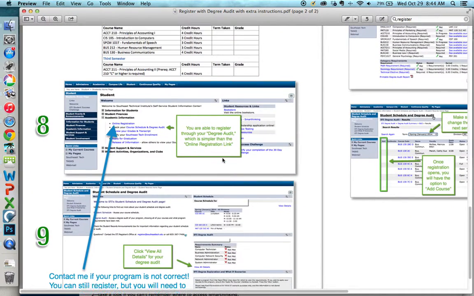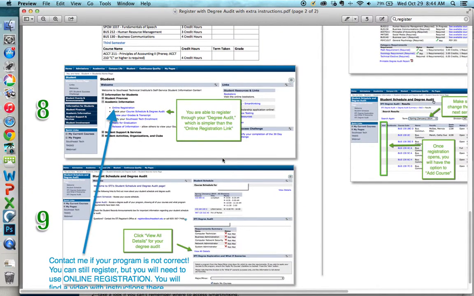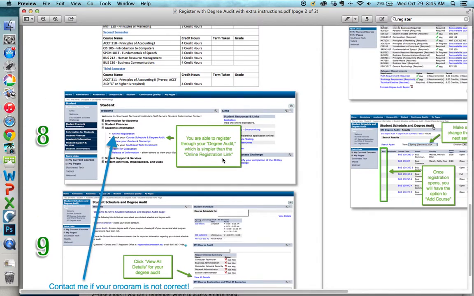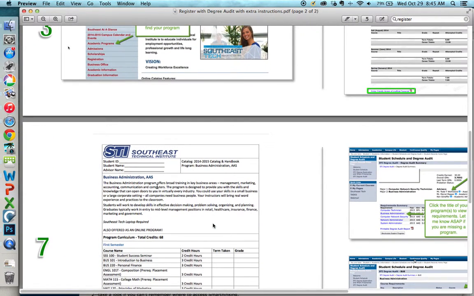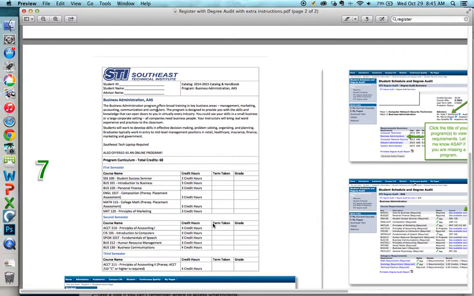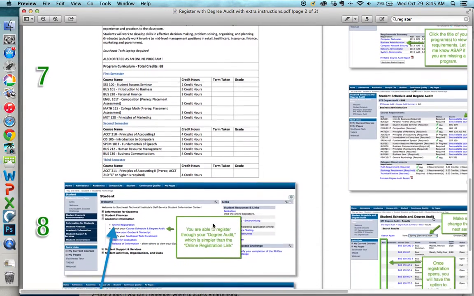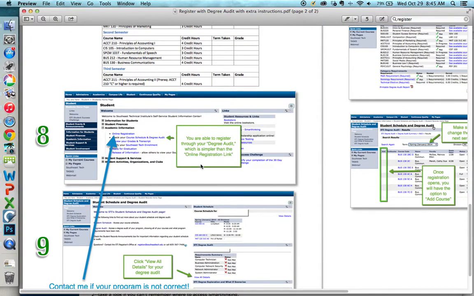Okay, and on the next screen, we're actually going to take a look at a degree audit that would automatically be performed by the system. Every now and then there can be errors, so for you to go through this process is just going to ensure that you can see what we do have transcripted for you that might not be loading properly in the audit. But you are actually able to register also through your degree audit